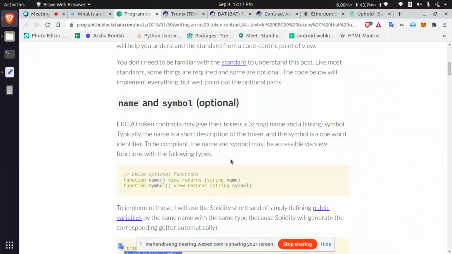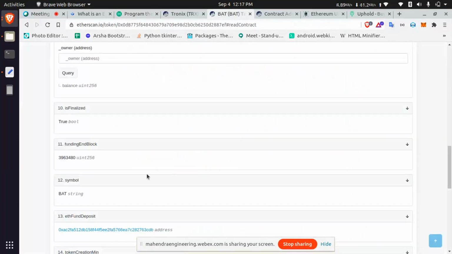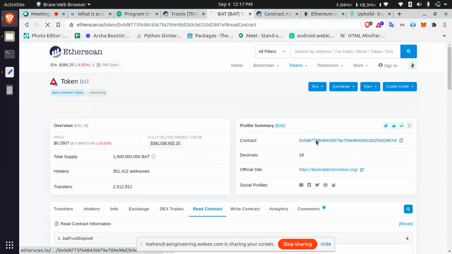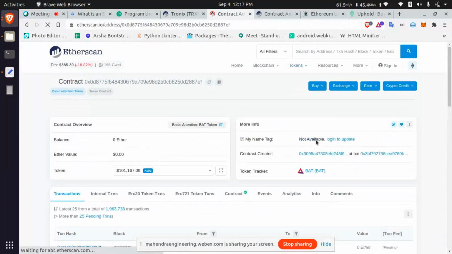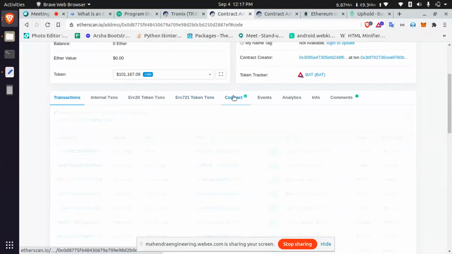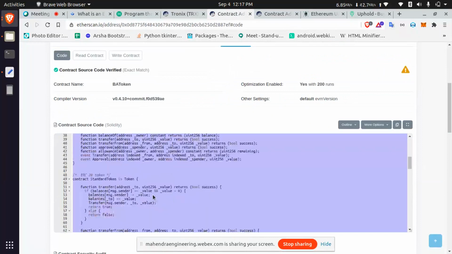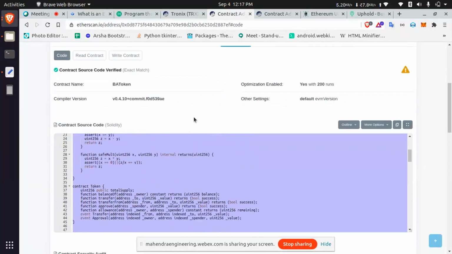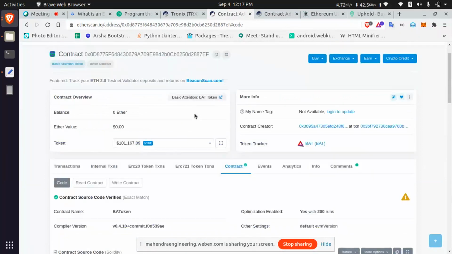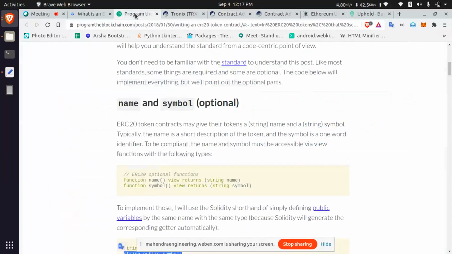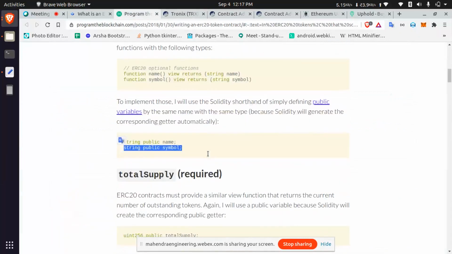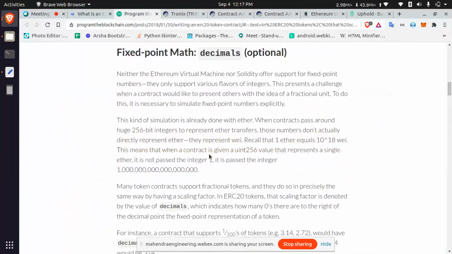You just copy and paste a real-time token. Move to any of the tokens, click contract, and then you can see the contract. Just copy it, paste it in your local, and just rename the name, symbol, decimal, and total supply. That's enough for creating a token. That I will explain later. Total supply is discussed.